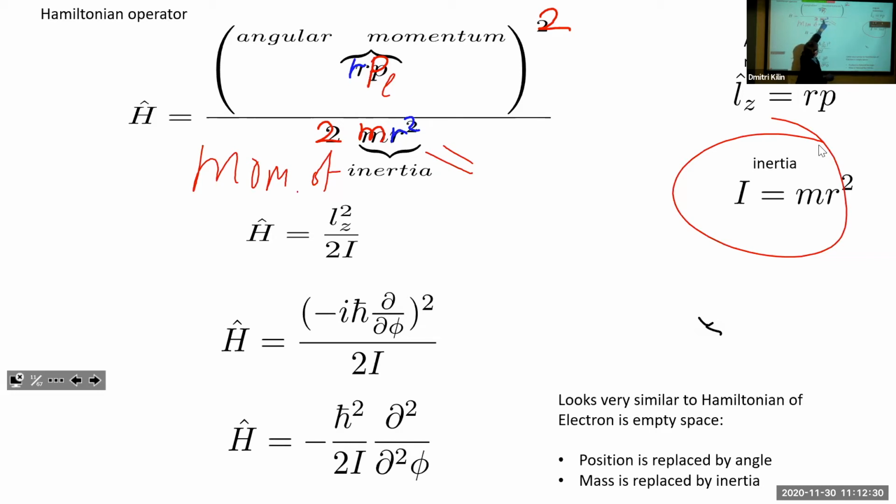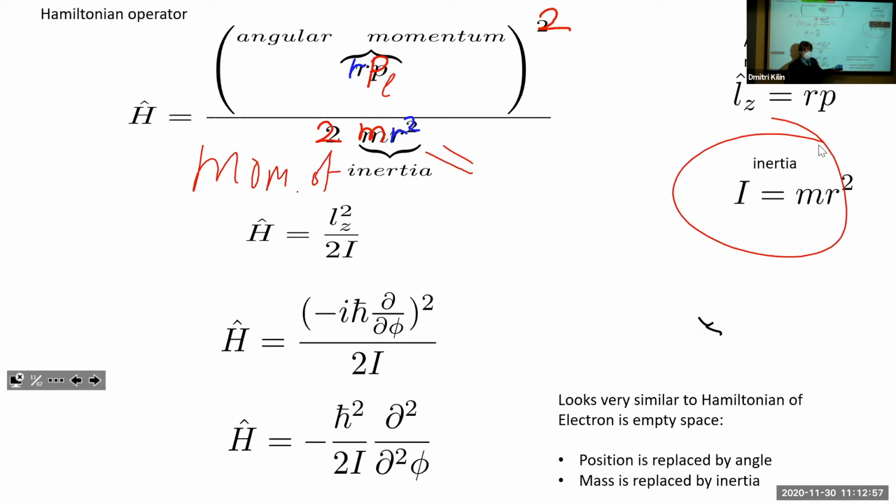The stuff here, mass times radius squared, will be an analog of mass for rotational motion. The philosophical meaning of mass is inertia: how much the object resists attempts to make it move. So if you have either a very heavy wheel or